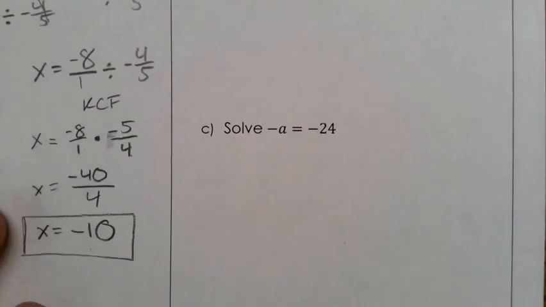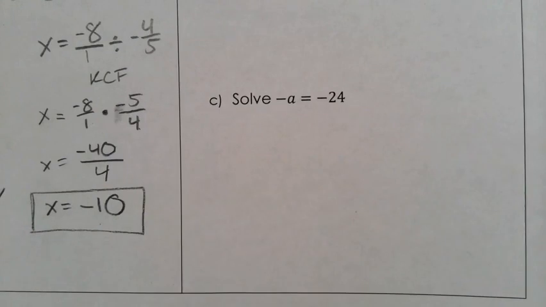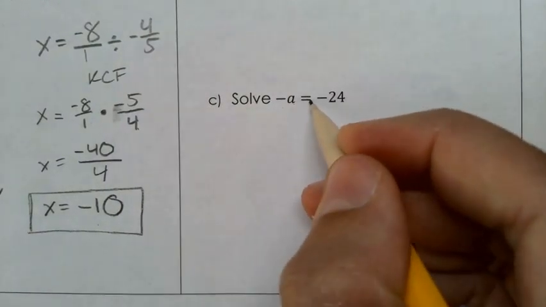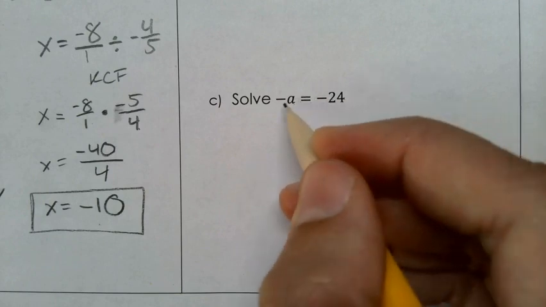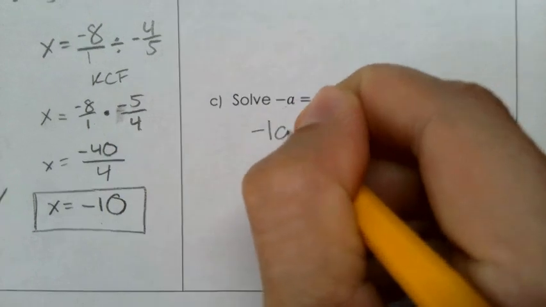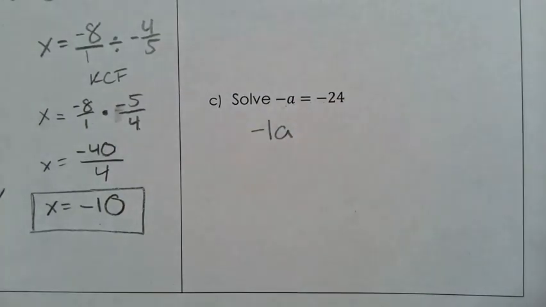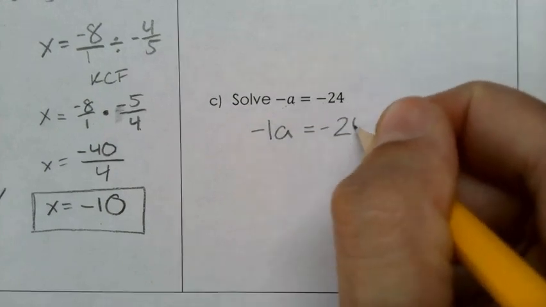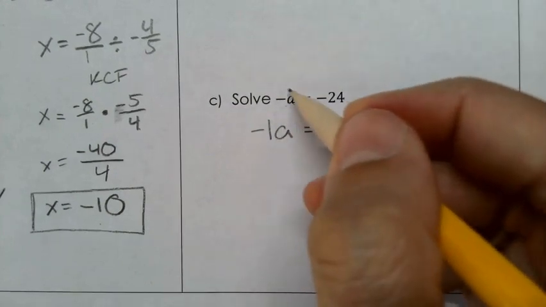And last one, go ahead and solve this last one on your own. It's a little tricky. I do want to give you a hint. This is a negative a equals negative 24. Whenever you see a negative alone, there's this imaginary 1 there, because multiplying by 1 doesn't change the number. It's the same. So as you get older, mathematicians like to leave that 1 off to be more